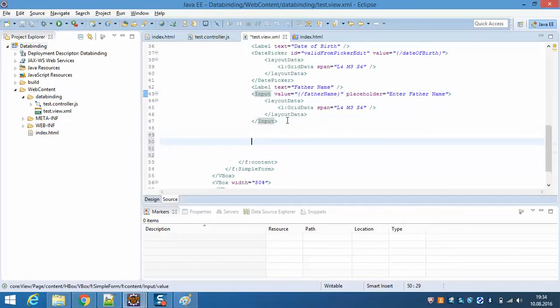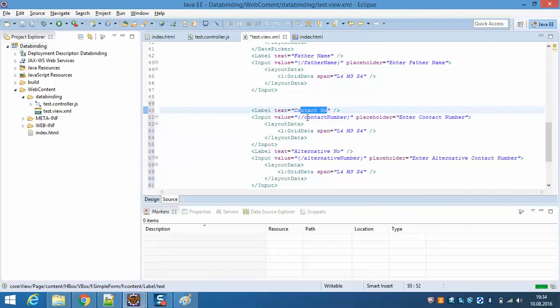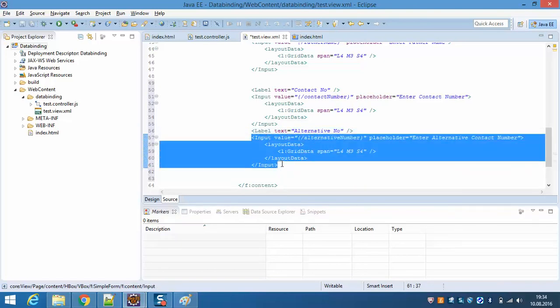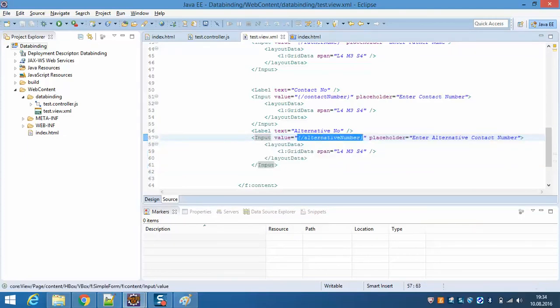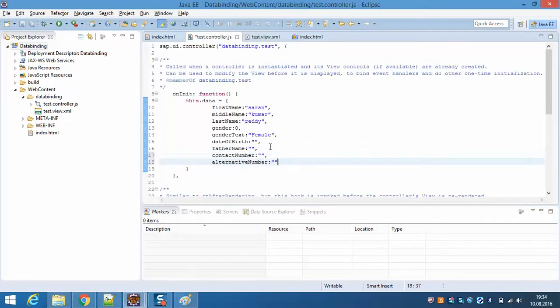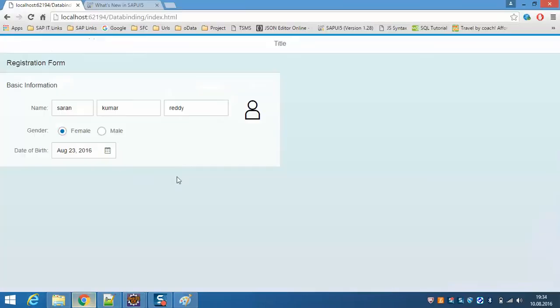Okay, so here we have created a contact number, and then we mapped this to the contact number property, and then we have created one more label called alternative number, and in here we have an input field, and this is mapped to the alternative number property inside this particular object, I can say. So just create two more properties inside the object. Okay, save this and go back to the browser and refresh this, and you can see all these